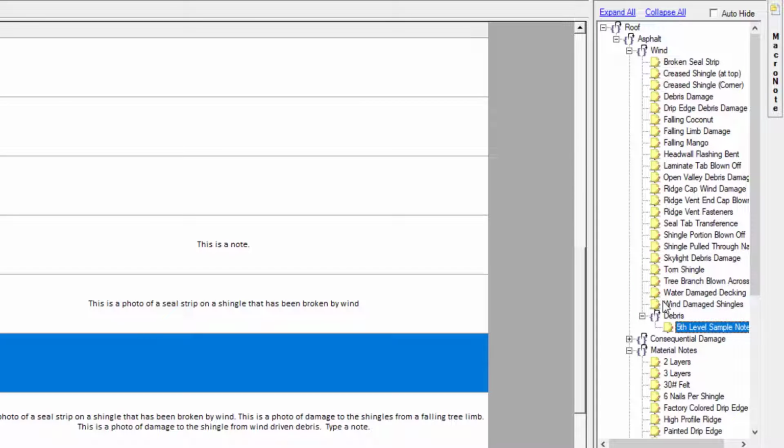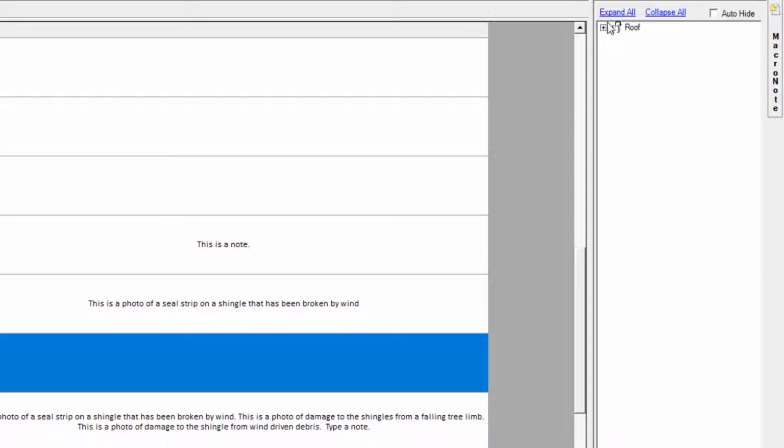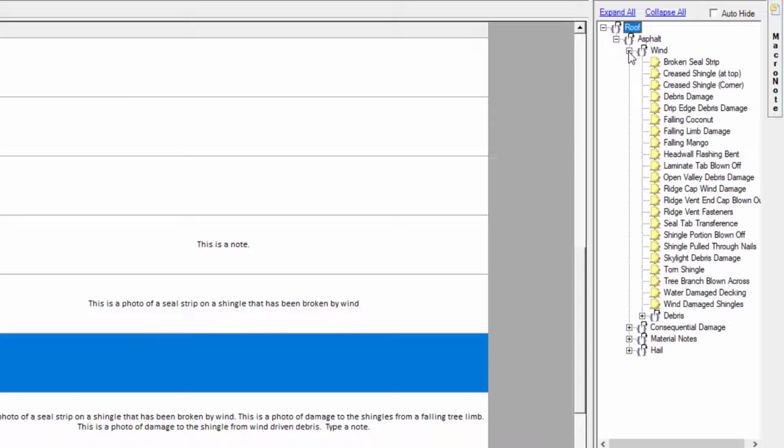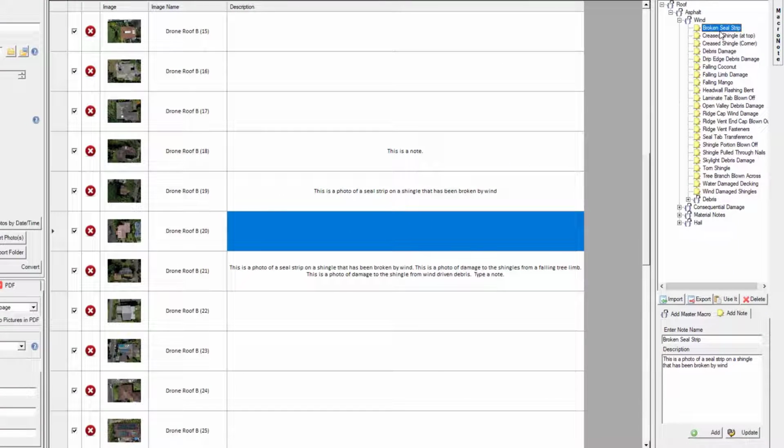1, 2, 3, 4, 5. We need to also review how to add a note to an existing level header, as well as how to make a change to an existing note. Let's hit collapse all and then open to levels roof, asphalt, and then wind, and then choose the first note. After single clicking and highlighting Broken Seal tab, you can see at the bottom right of the screen there is